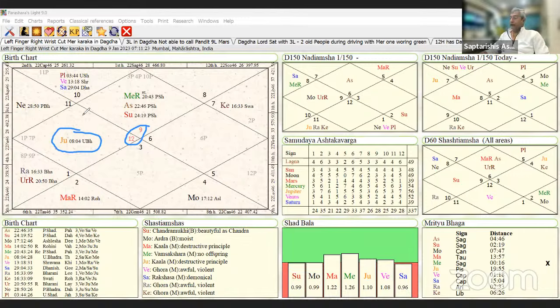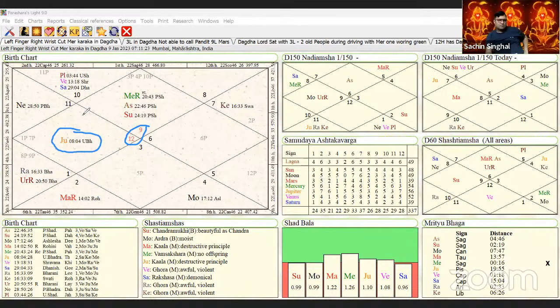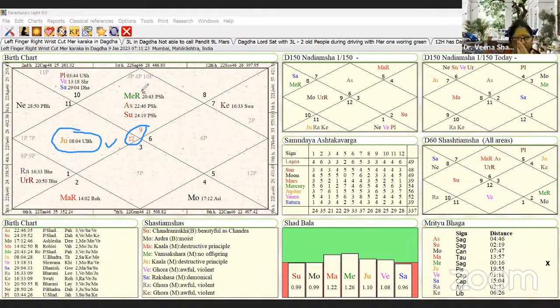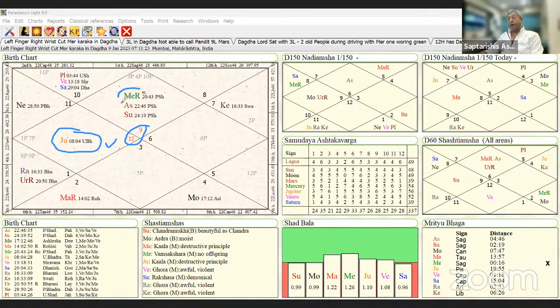Now, if Lagna is afflicted in a Dagdha Rashi, that means something to do with the body. The Dagdha lord is in the fourth house: housework. Jupiter is there. Normally, when I'm doing housework, some bhajan is on YouTube, so Jupiterian activity. But who is sitting over there? Mercury retro. The ninth lord there can show the bhajan activity also.